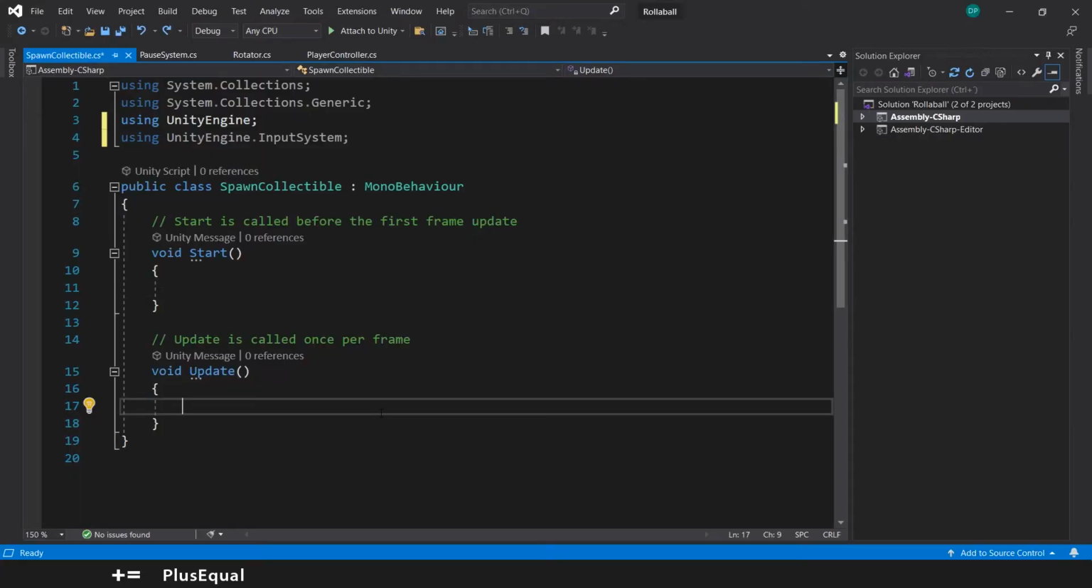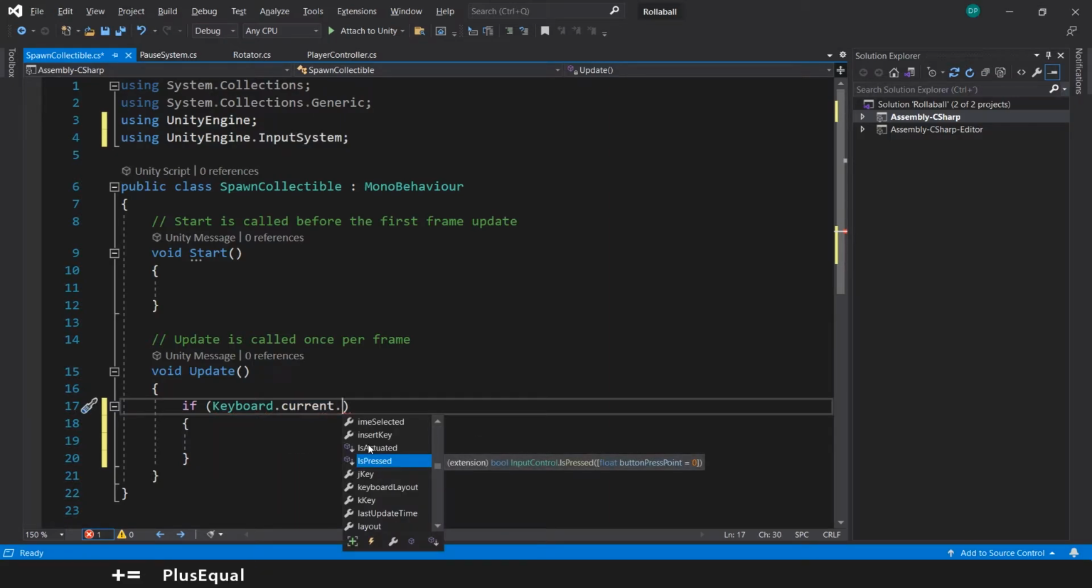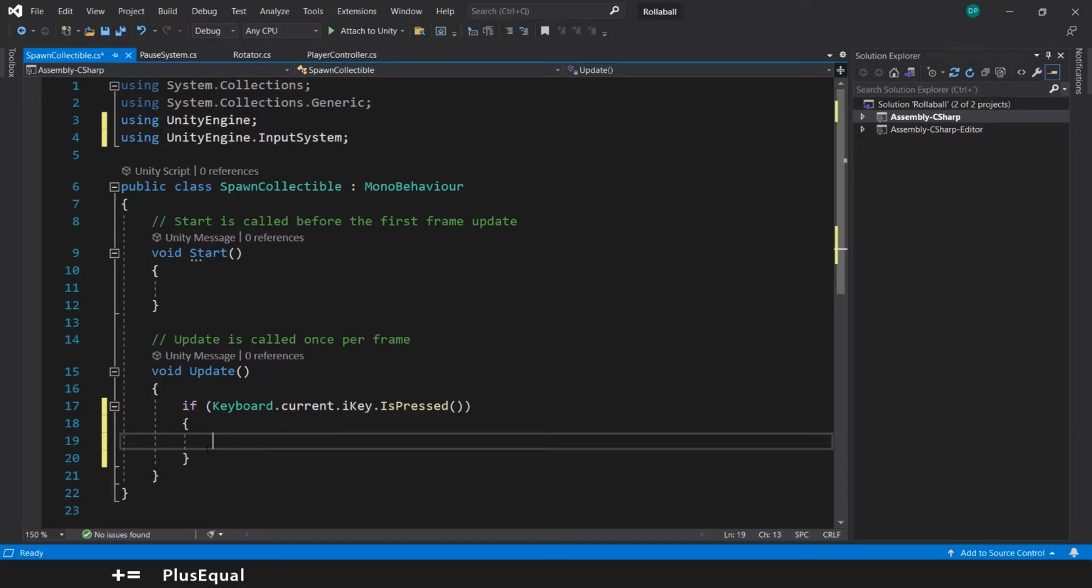So in the Update I will put if Keyboard.current, let's pick a key. I will put the I key for instantiation, and .isPressed with parentheses because it's a method. This shouldn't be like this. Let's put it uppercase. Now if we press the I key, we want to do something, and that's basically we want to